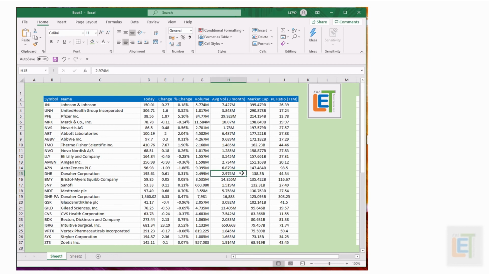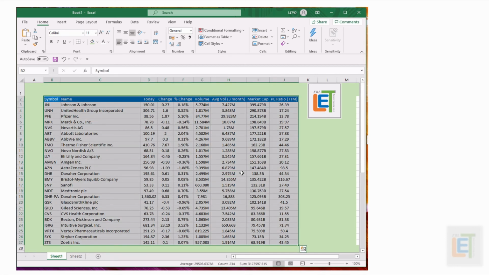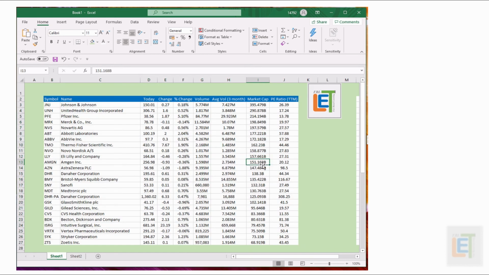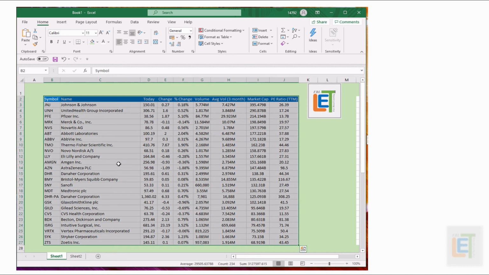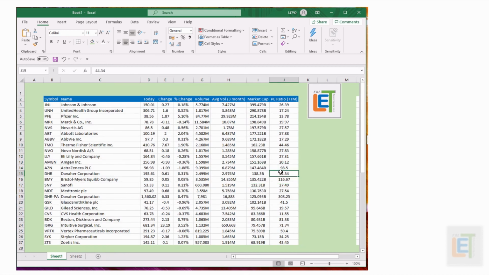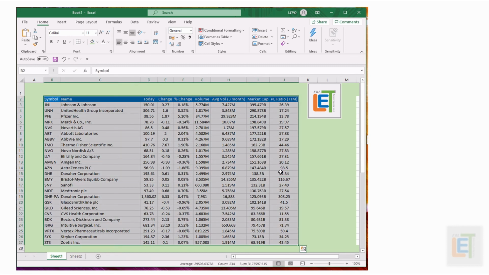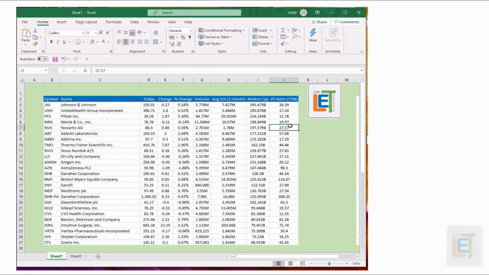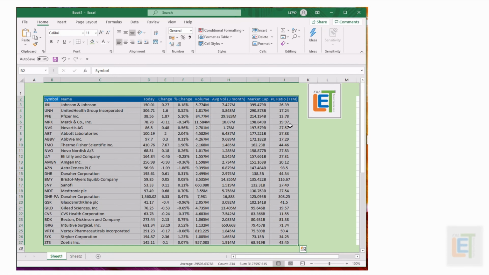If you want to select the specific group of the table, you just have to press Control Shift star. Yes, you just need to press Control Shift and the star key or asterisk on your keyboard. So wherever you are, when you press this, Excel will automatically select the range which has the dependency.